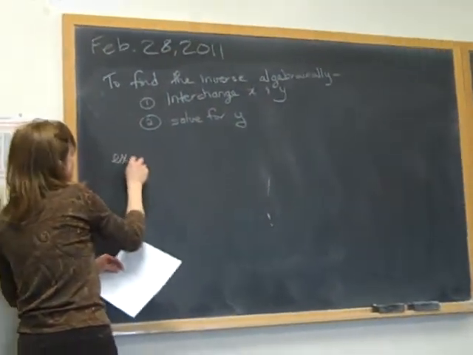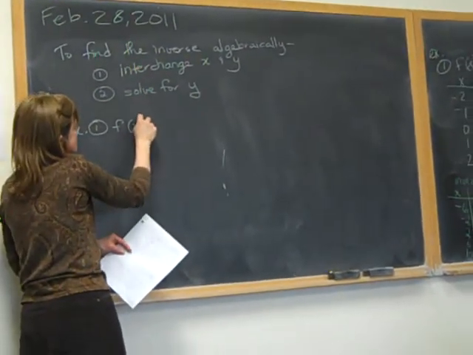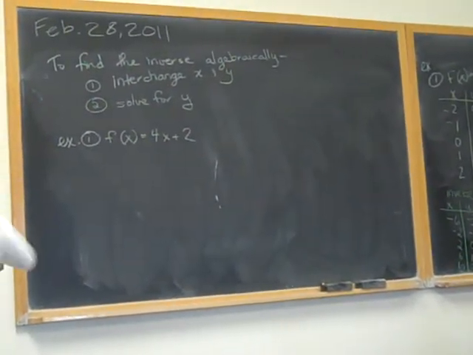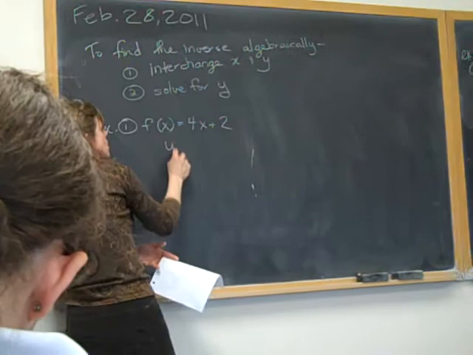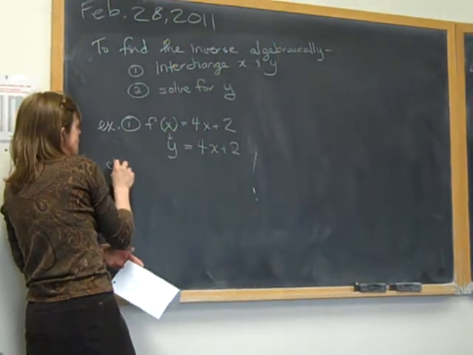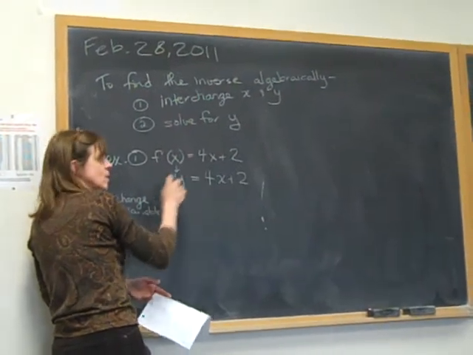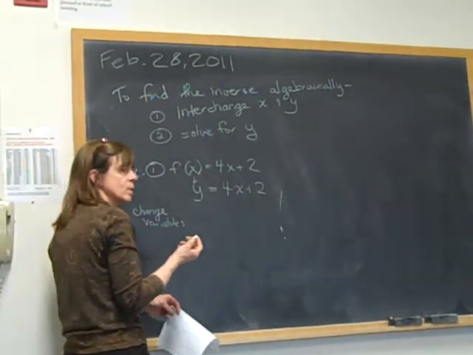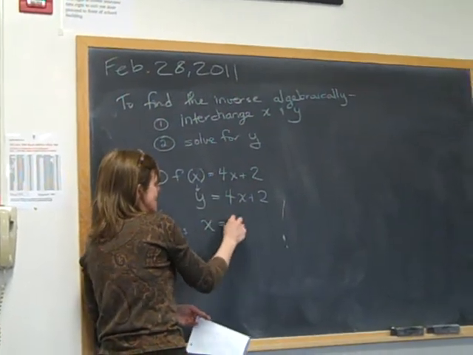So, for example, our original problem that we were working on, number 1, f of x equals 4x plus 2. When we see f of x, that's really what? F of x is just another name for y. So this is really y equals 4x plus 2. So if we change the variables, what's it going to become? Instead of y equals 4x plus 2, it'll become, instead of y, we're going to put x, and instead of x, we're going to put